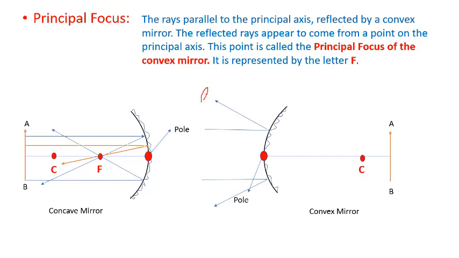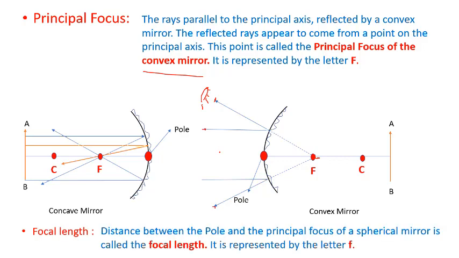Now we see that our eyes are here; we're looking from here. Can we see any bent object? No, right? What you will feel is that this object emerges from this point. We'll directly see that the object is coming from this point. Similarly, for this point, we'll see that the object is emerging from a point on the principal axis. So all the parallel rays which appear to come from the principal axis, we call that the principal focus of the convex mirror.